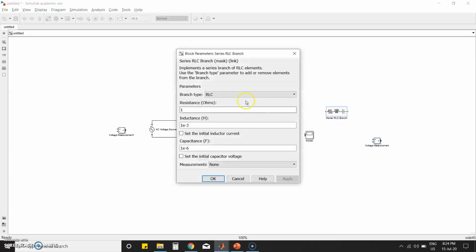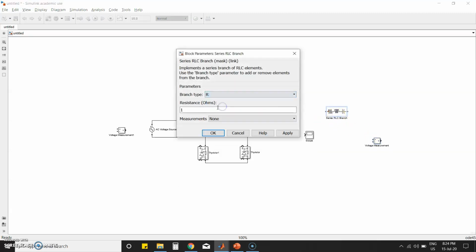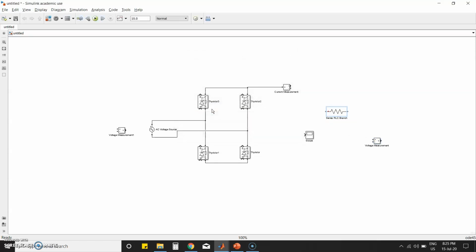We're going to select the resistive load, that is the R load, and I will choose the resistor value as 100. Similarly, I'll press Control R to rotate the resistor. I'm connecting the negative point of the current measurement block to the resistor, and the end of the resistor to the source. So this is the circuit. If you want, you can drag and move the blocks as you choose. Now connect the voltmeter across the load, positive to this point and negative to this point.